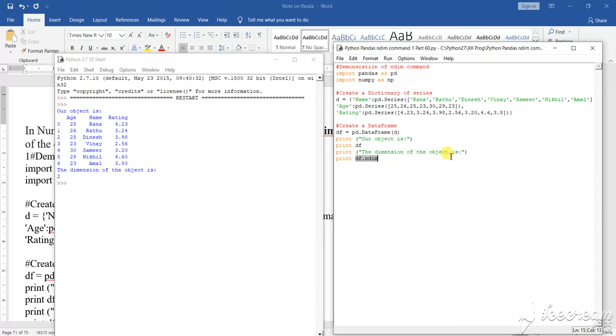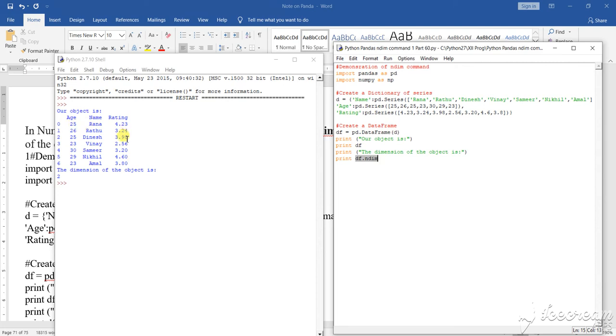We have two axes, the x-axis and the y-axis. How many dimensions is it saying to you? It is saying that the dimension of this object is two-dimensional. If it is not so, then it will say three-dimensional, meaning more than that.